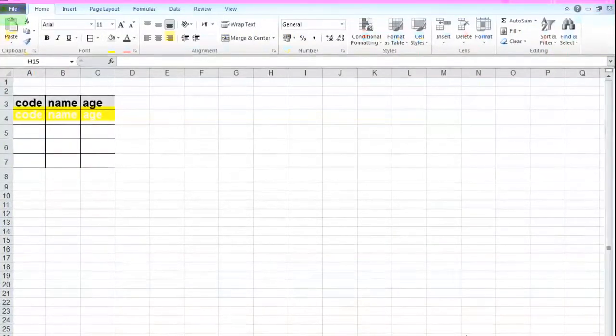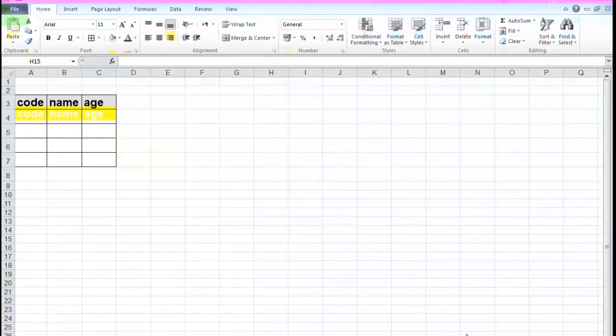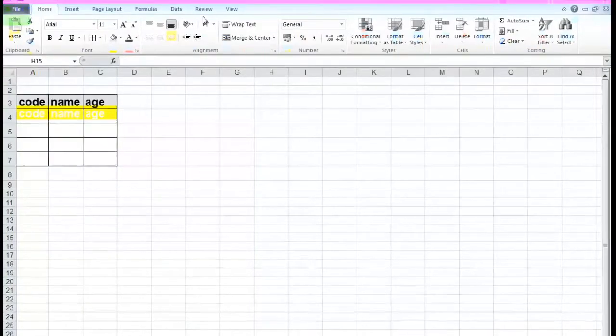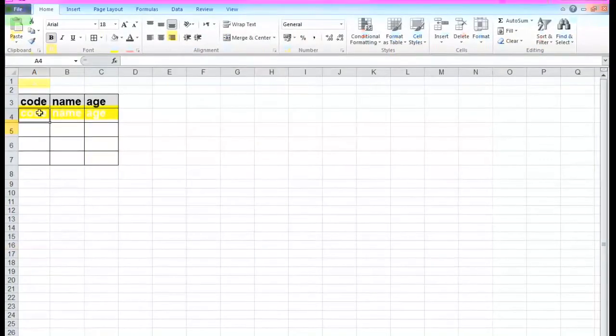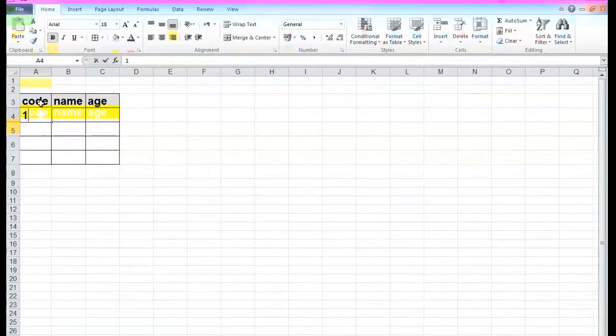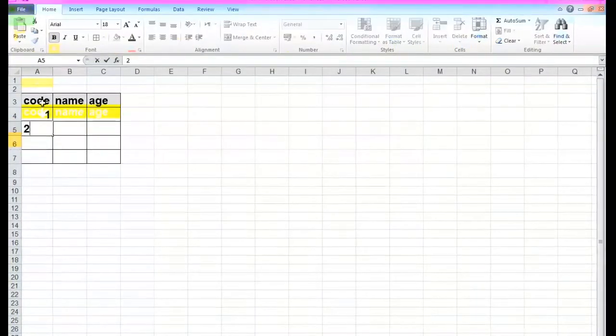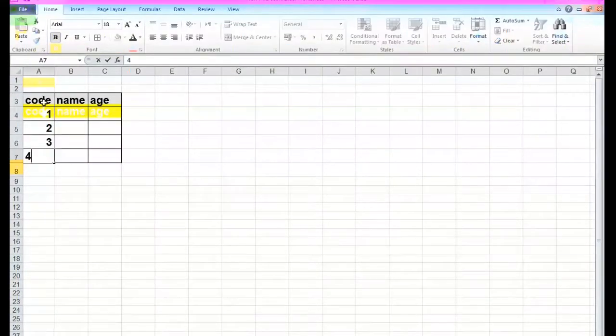Hello everyone, today we will speak about how to insert data validation in our sheet. We have code number 1, number 2, number 3 and number 4, and we have name